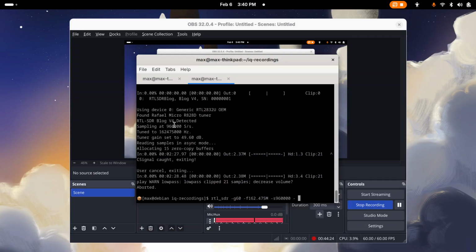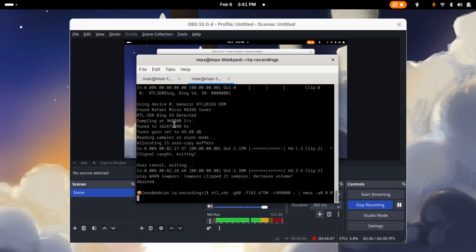And then a dash to tell it to go to standard out. Then we'll do a pipe symbol, which is vertical bar, and then nmux -a for the address. And to allow any client to connect, you just type 0.0.0.0. And it will start streaming to that port. And then for the port,